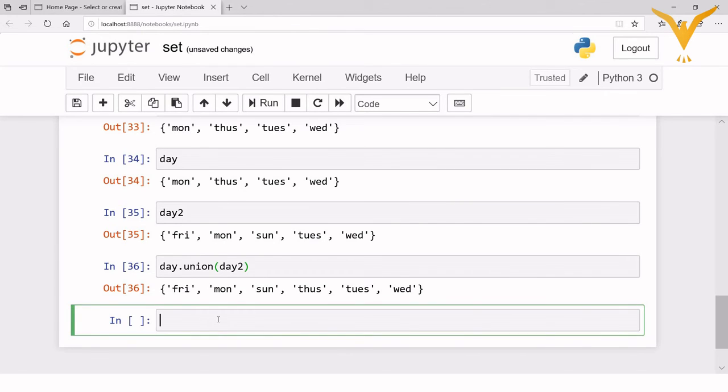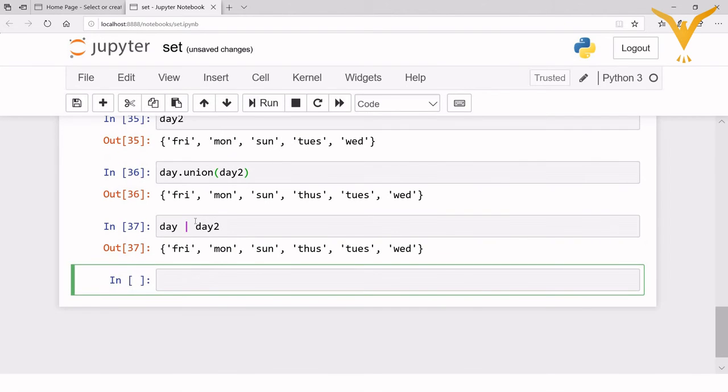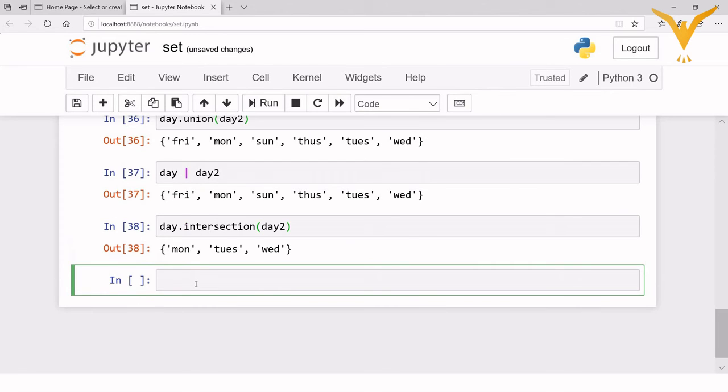We can also use the union operator like this: day, then the OR operator, and then day 2. So this will also give you the same output. Okay. Next is the intersection method. The intersection method will give you the common elements from both sets. So day dot intersection, and inside the bracket set 2, and just print it.